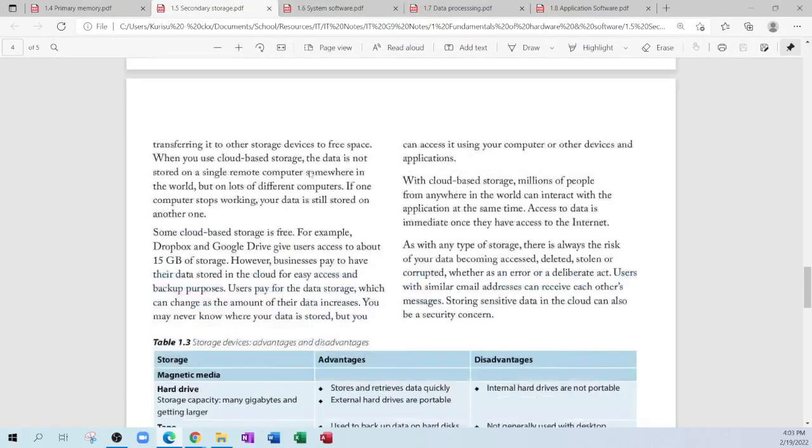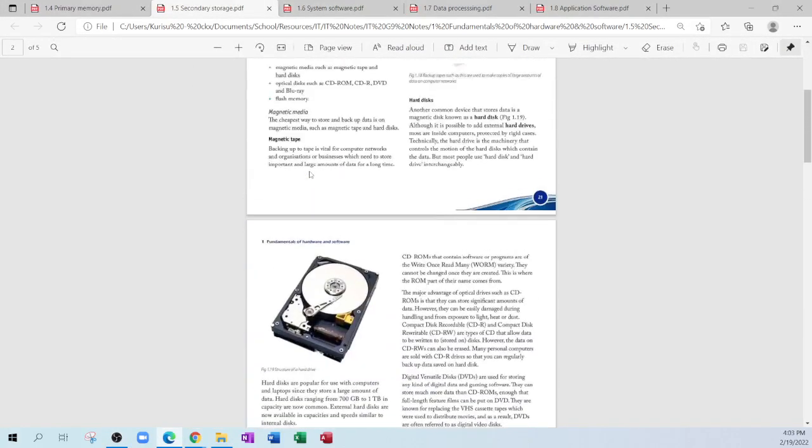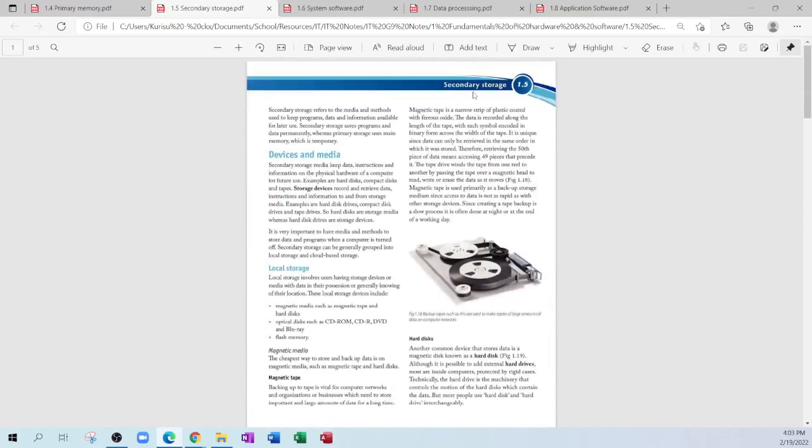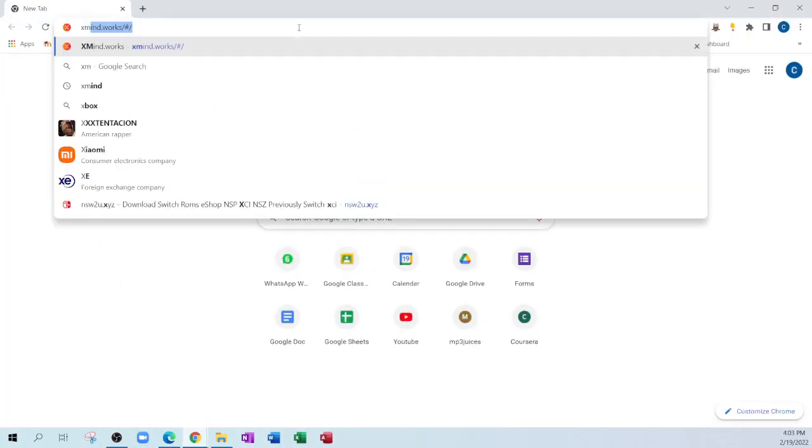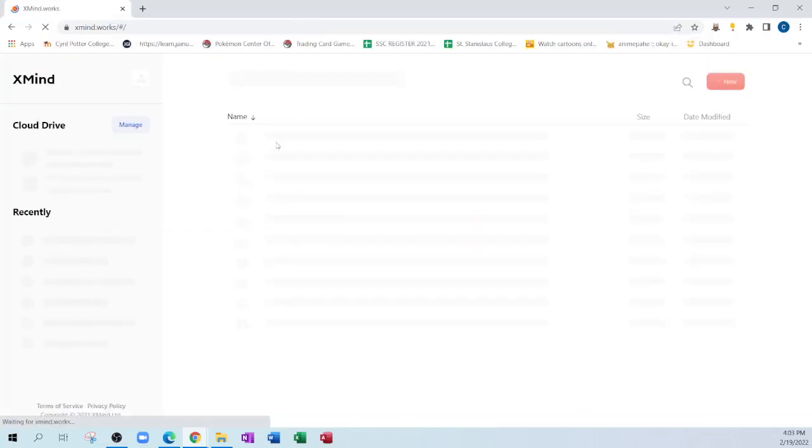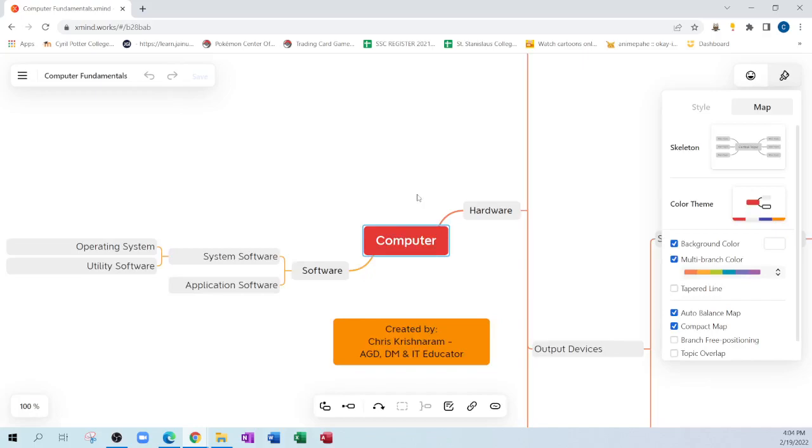So in last Saturday's class, the last thing we looked at was the different types of secondary storage. And so basically we're finished with the hardware part of our fundamentals of hardware. So if we check our mind map,